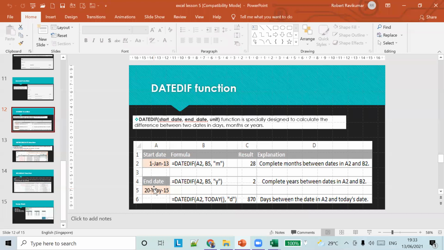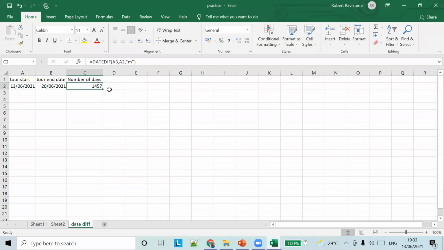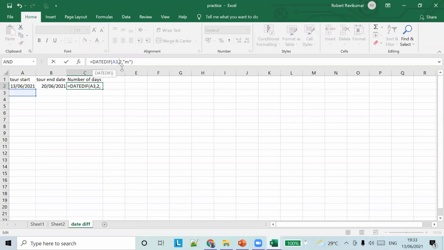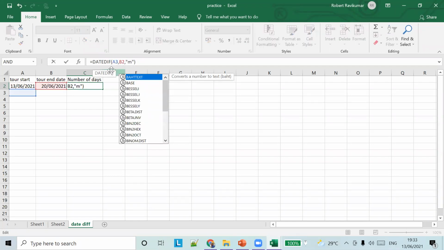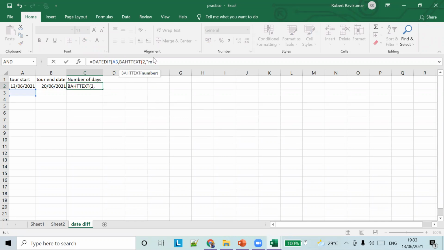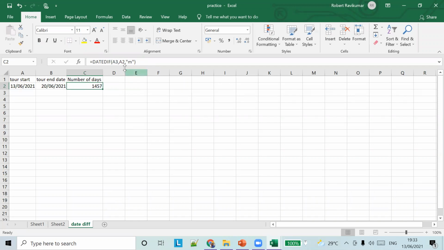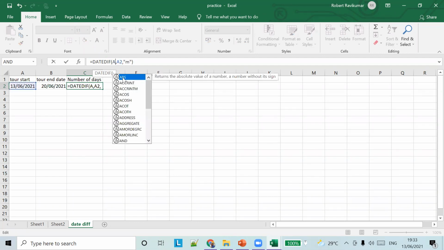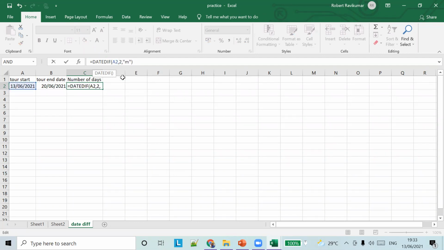So A2 and B5 are given. So given A3 and B2. Sorry, we should give A2 and B2, right?